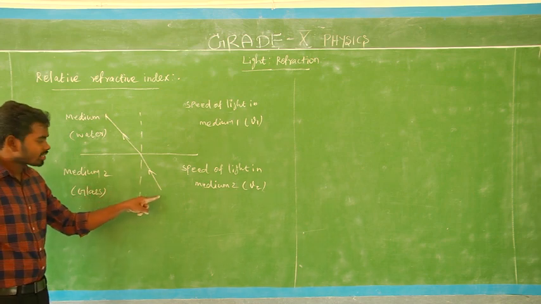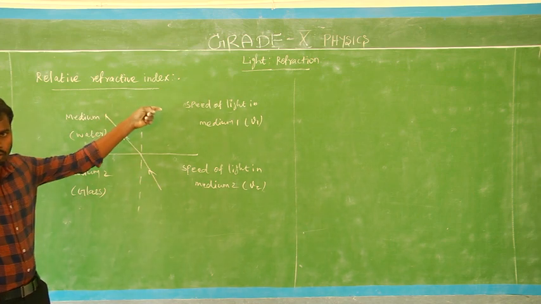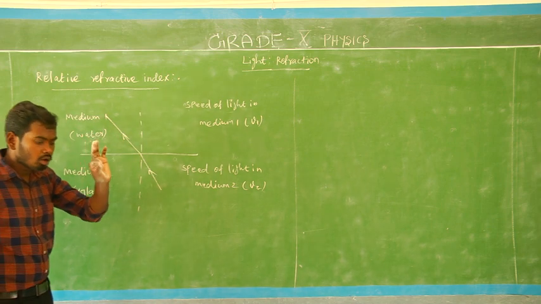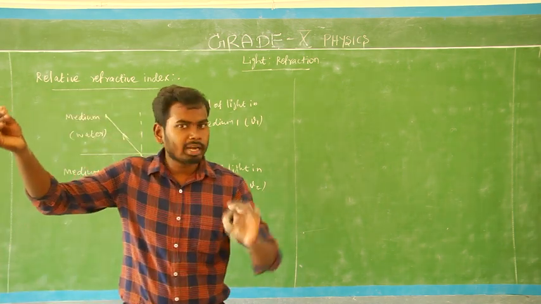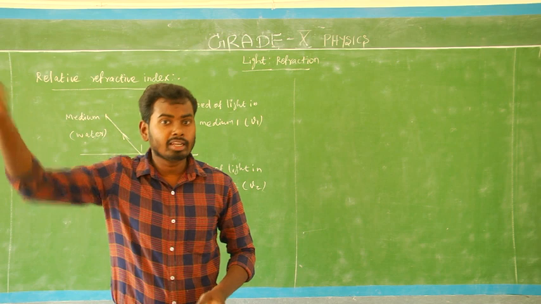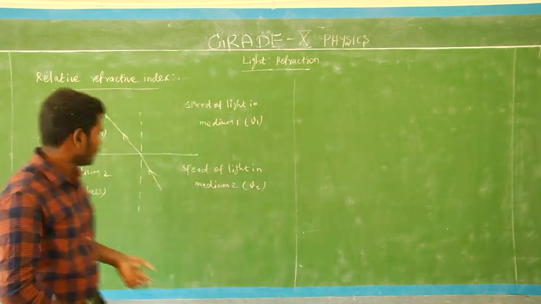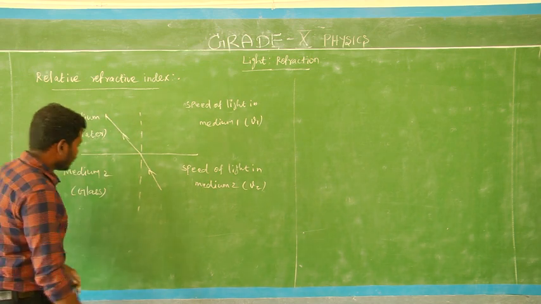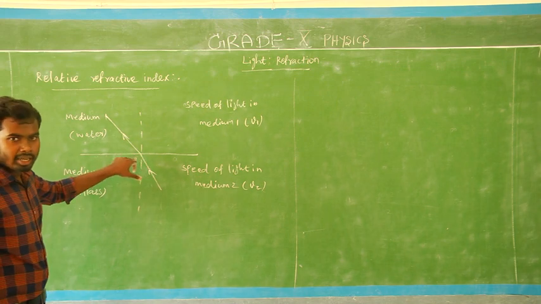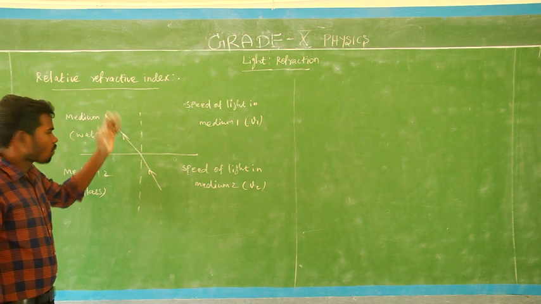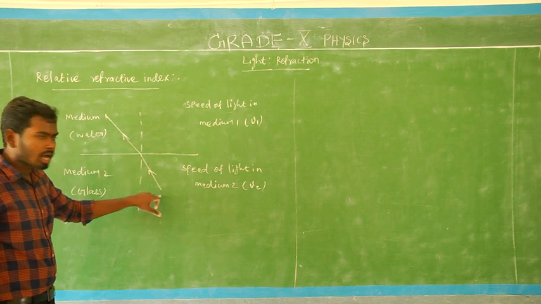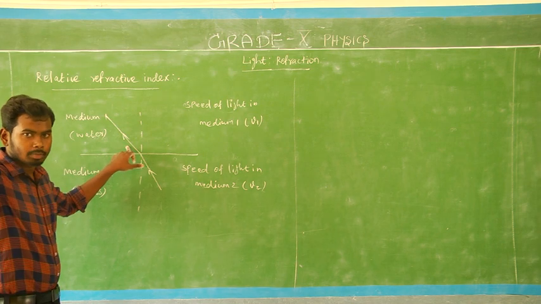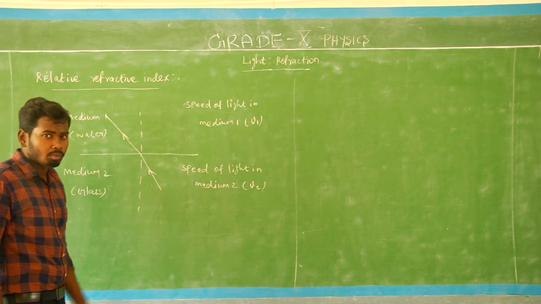Okay, so in this second case, light travels from medium 2 to medium 1. Which means glass to water, optically denser medium to rarer medium. So already we know, whenever light goes from an optically denser medium to a rarer medium, what will happen? The speed increases. Here also the speed is going to increase. Light travels from medium 2 to medium 1. Which medium bends light? Whether it is glass or water, which medium? So water only bends light. Light is coming from glass. So when the light comes to the water medium, speed increases. So the water medium only bends light.